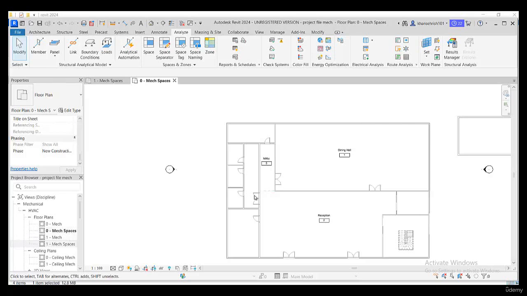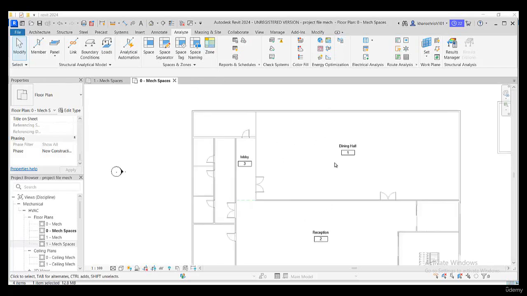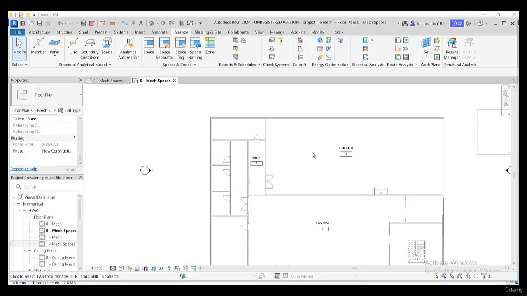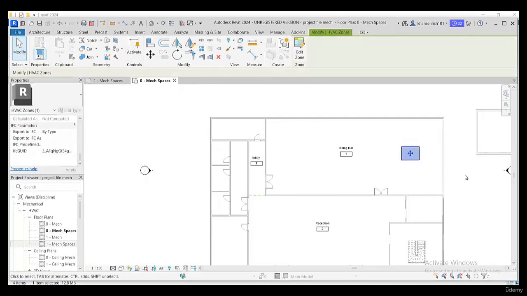So now we can calculate load. Before calculating load, we create some zones. First of all, for creating zones, we click on this zone options, and after clicking on the zone, select